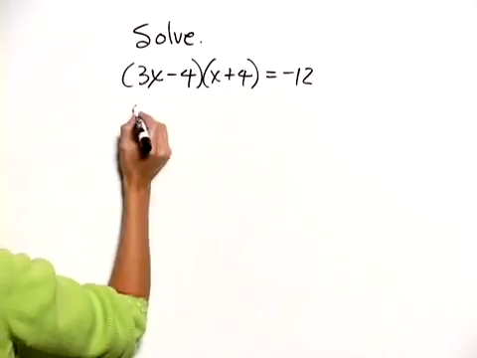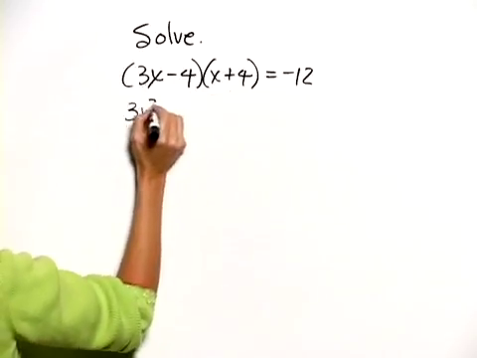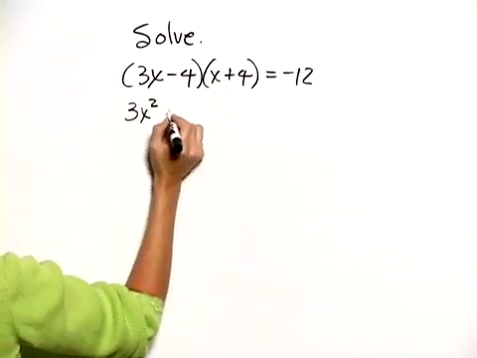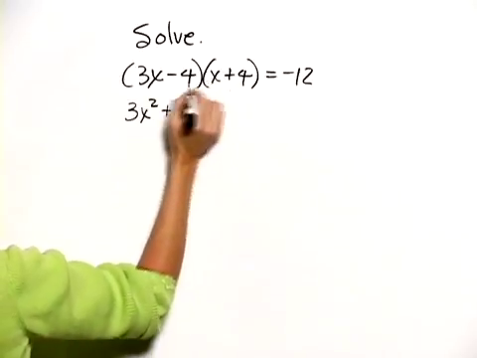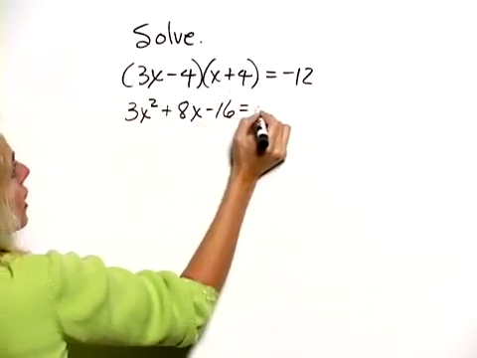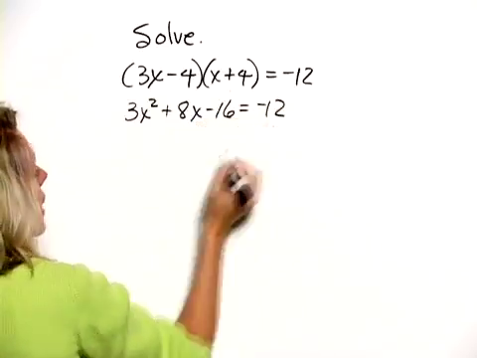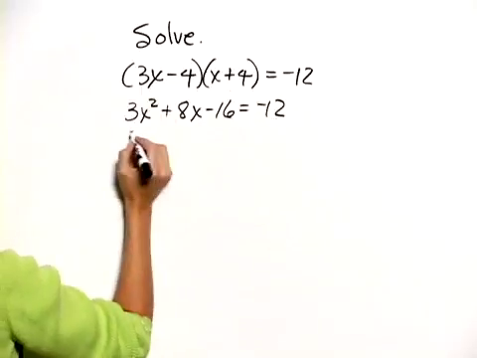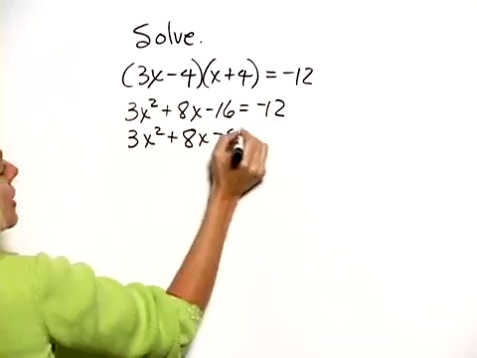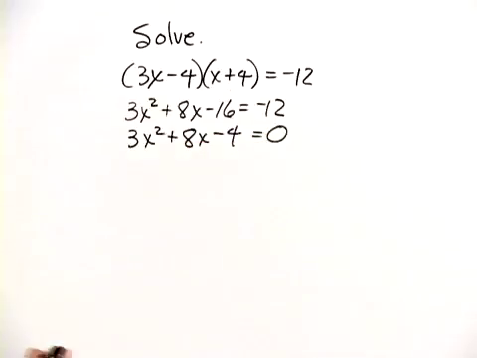So 3x times x is 3x squared. And we've got 12x minus 4x, which is 8x. Negative 4 times 4 is negative 16 equals negative 12. Now, we want to add a 12 to both sides to give us 3x squared plus 8x minus 4 equals 0. Now we have a quadratic equation in standard form, and we're going to use the quadratic formula to solve